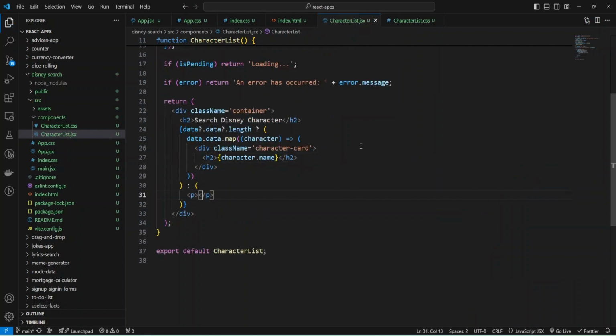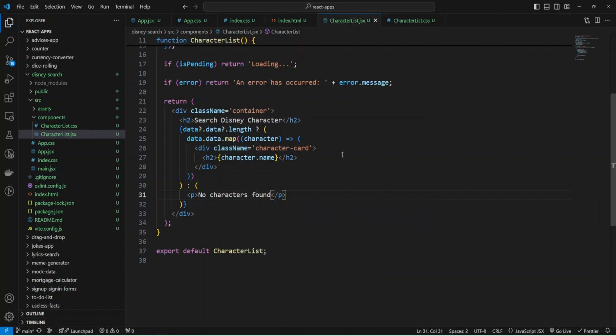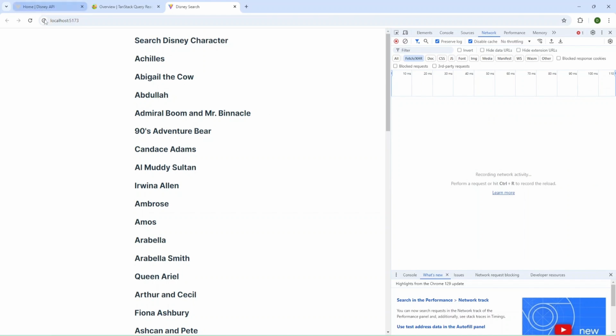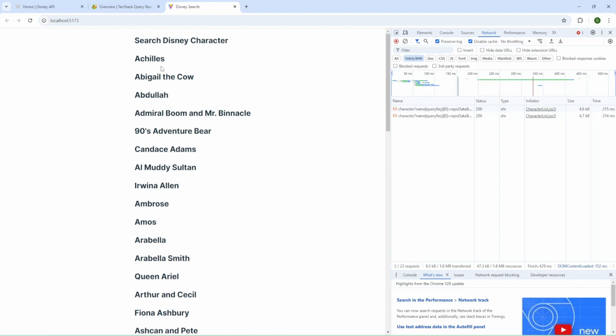And also, let's change this paragraph to "No characters found". Okay, and let's check what I have so far. Okay, we have our names. I can refresh the page, clean network, refresh again, and we have the names of the characters.